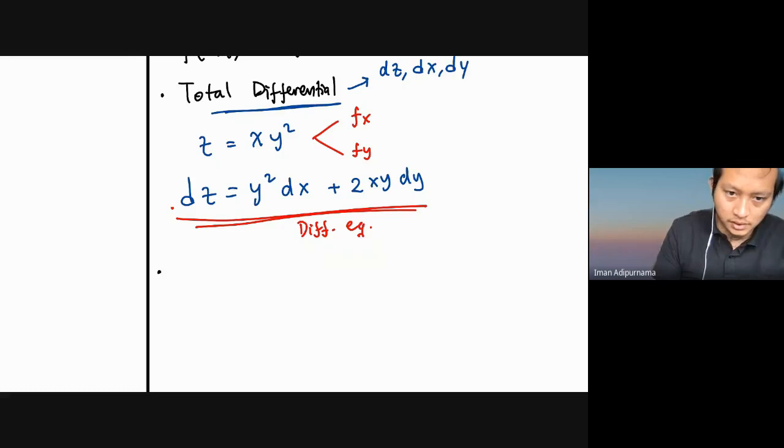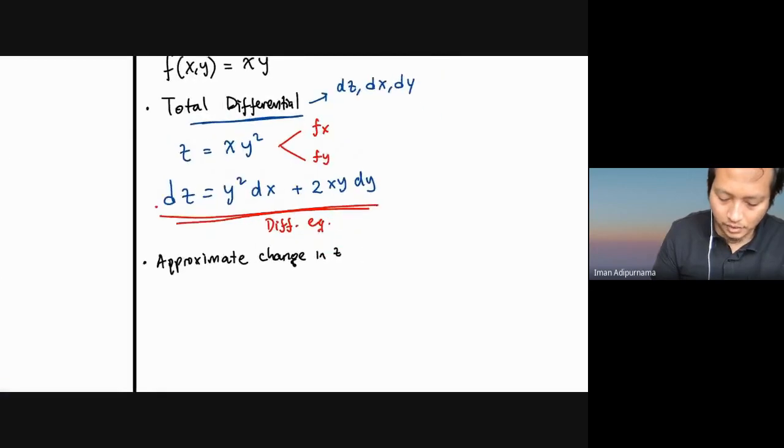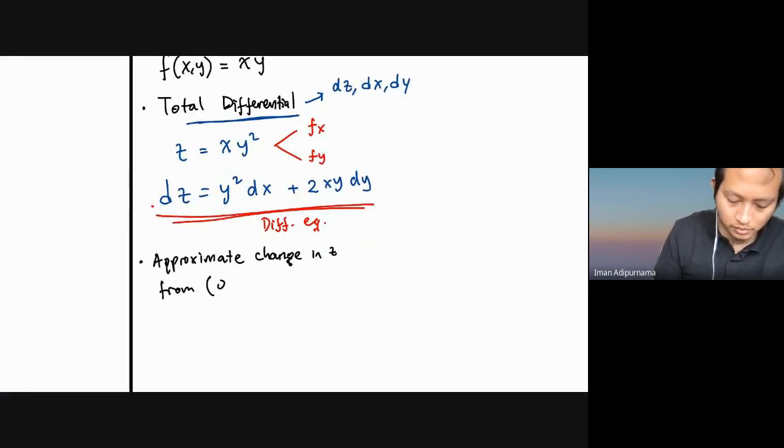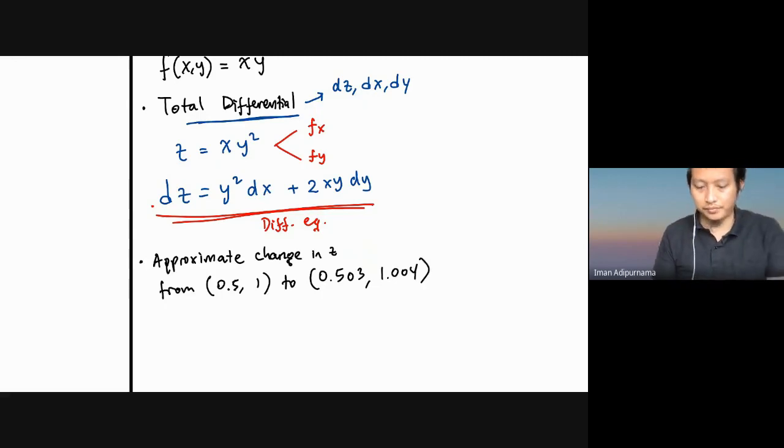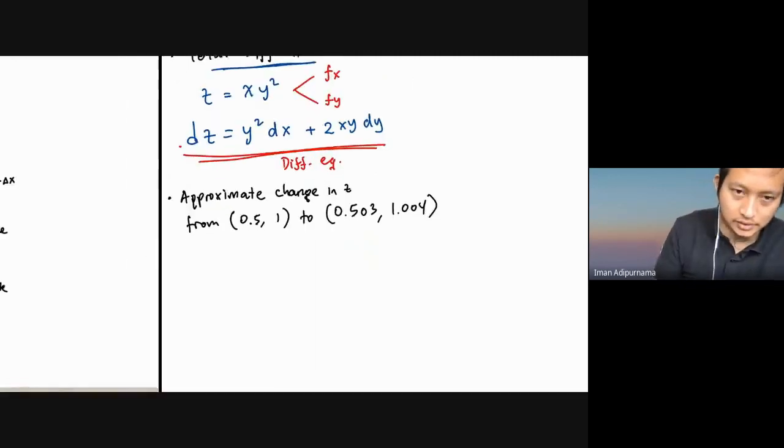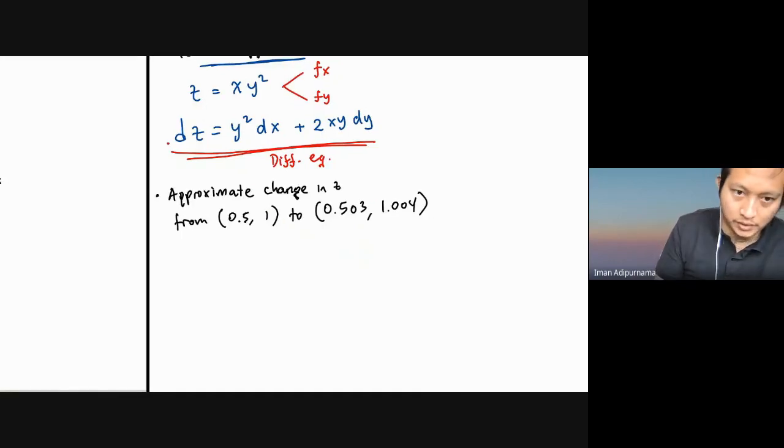The second one, if you want to approximate the change in z, let's say from 0.5 and 1 to 0.503 and 1.004. Yeah, let's do this. So we can write dz,